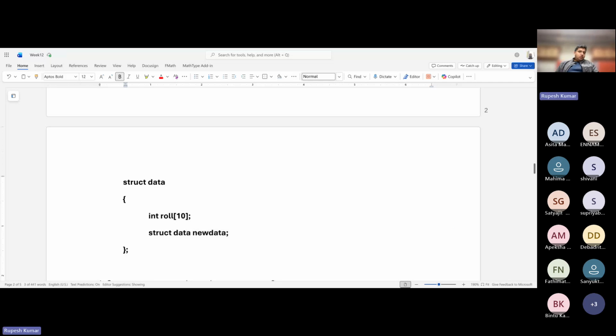So the correct answer is it's not valid. And the reason behind this is that when you are creating a new variable here, new data, you need to assign some memory to this variable, right? Whenever in C you are declaring any variable, a fixed portion of memory is assigned in the main memory where the values held in the variable will be stored, right? For that you need to know the size of that variable beforehand, right? But here the size of